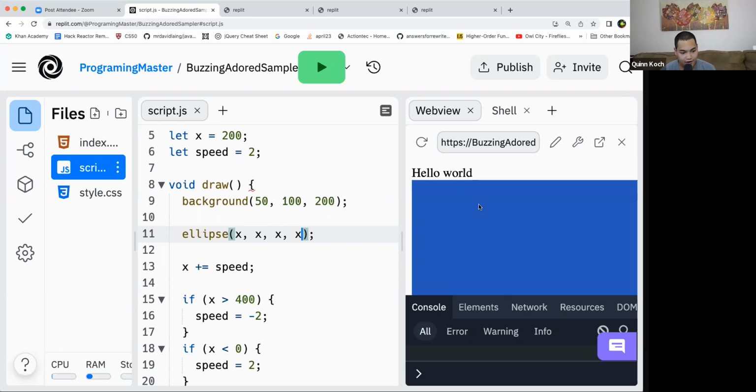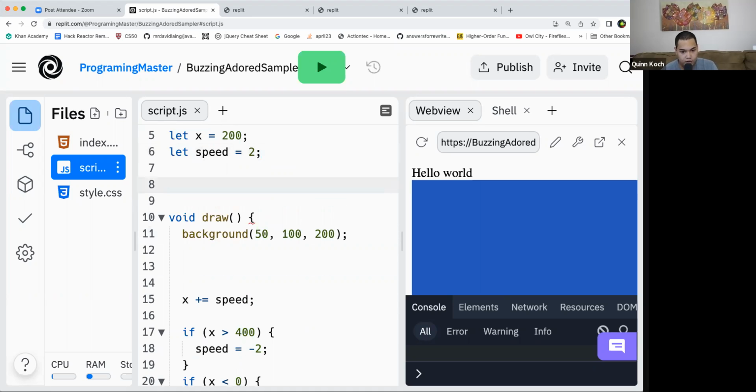All right, let's try to see if we can make a duck here. I'm going to be using a more advanced thing here, and hopefully you guys can follow along. It's not a big deal if you can't follow along for this one. I'm going to remove this ellipse right here, and outside of the draw function, I'm going to say let duck,